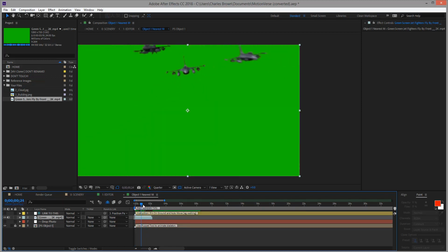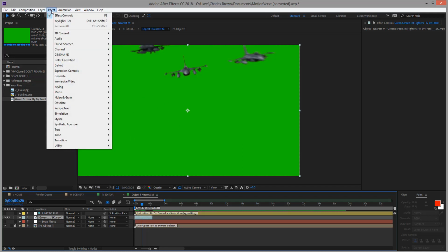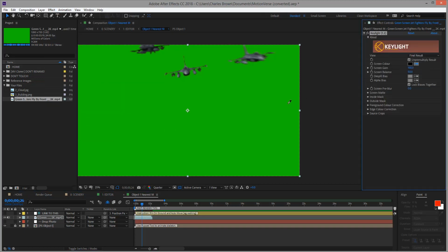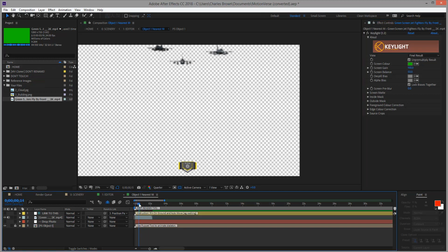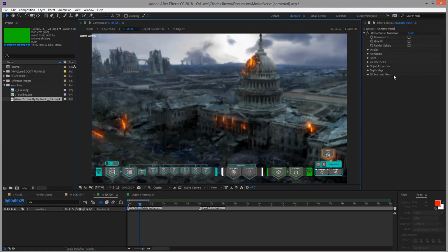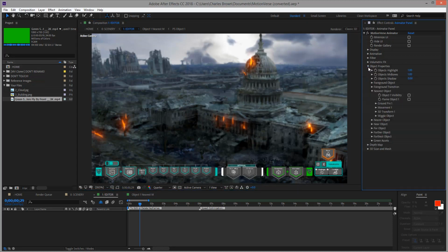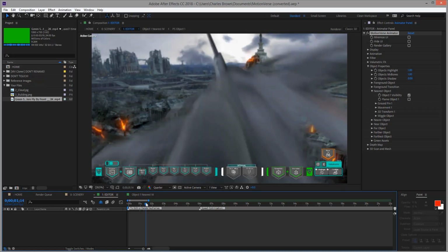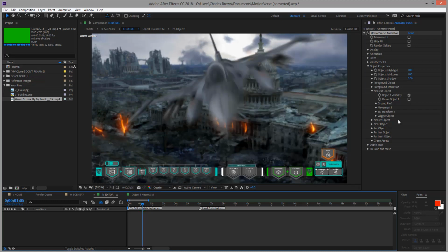Okay. Now we're going to key the green screen out. Go to Effects, key in, key light, and key that out. Perfect. So go back to Editor Comp here, select Animator, go to Object Properties, and here, Object 1, the nearest object. You can enable that, and you will see our 3D object here. So for now, I'm going to hide it,